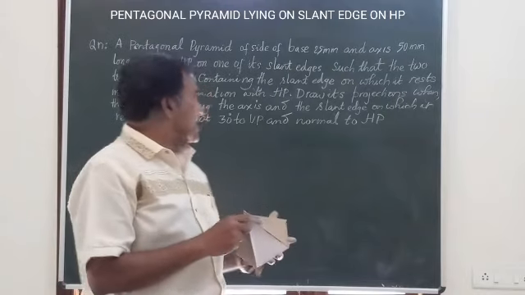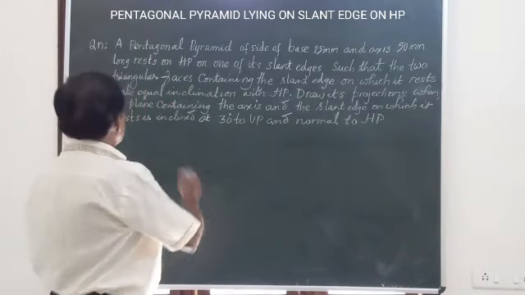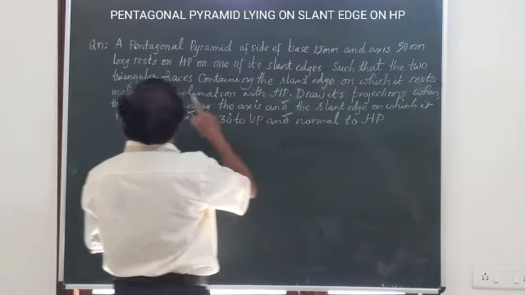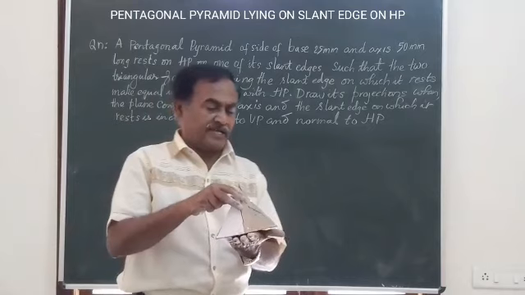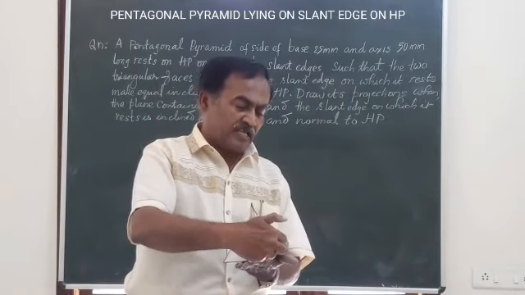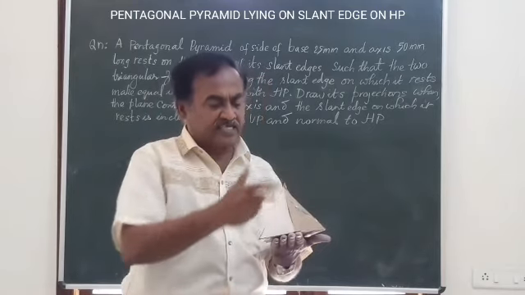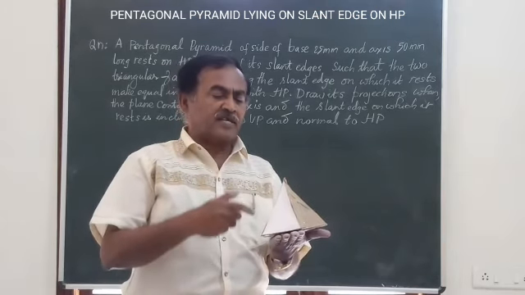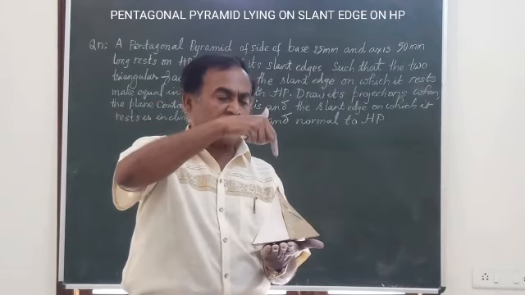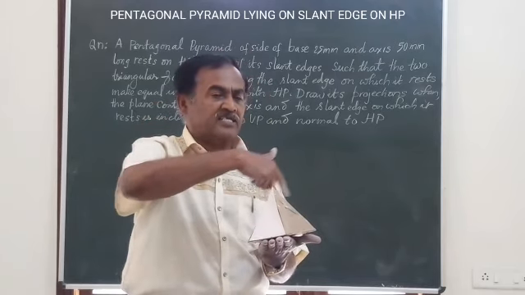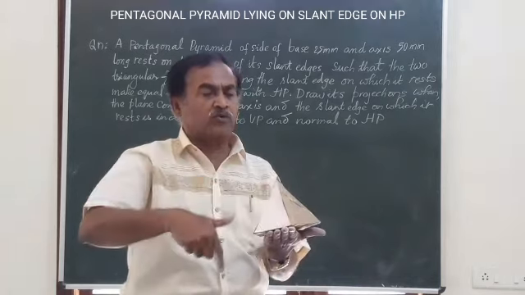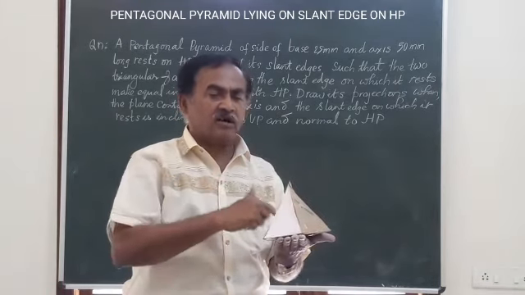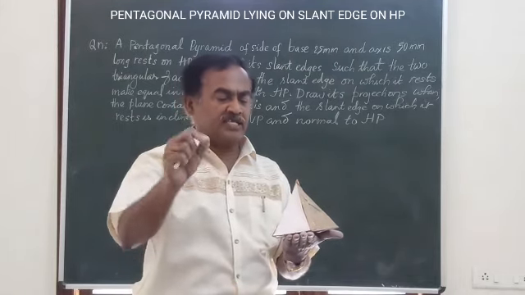So let me just start this problem. So let us analyze the problem step by step and complete the projections. So I am going to place the pyramid on HP with corner A coming to your right side and the opposite side being perpendicular to VP. Look at the object from the top to start with. Obtain the projections, that is the top view of the solid, which is going to be a pentagon with the center of the pentagon joined to all the corners OA, OB, OC, etc.